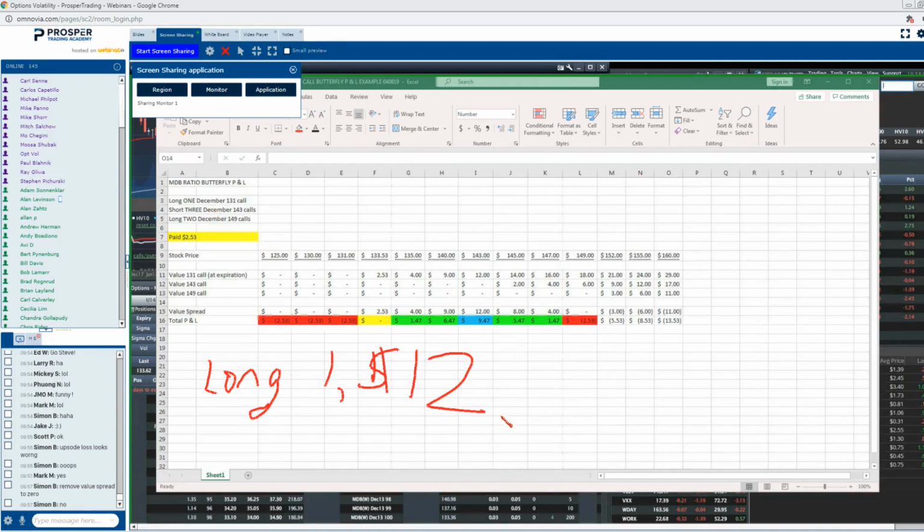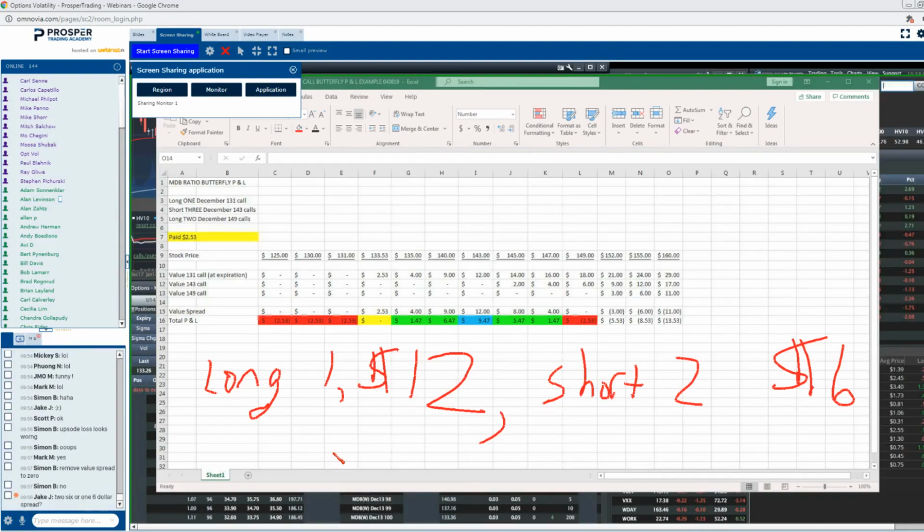However, if we break down the other part of this, we are now short 2 $6 wide spreads. Okay, so we are actually, even though we have the proper amount of units, 3 and 3,